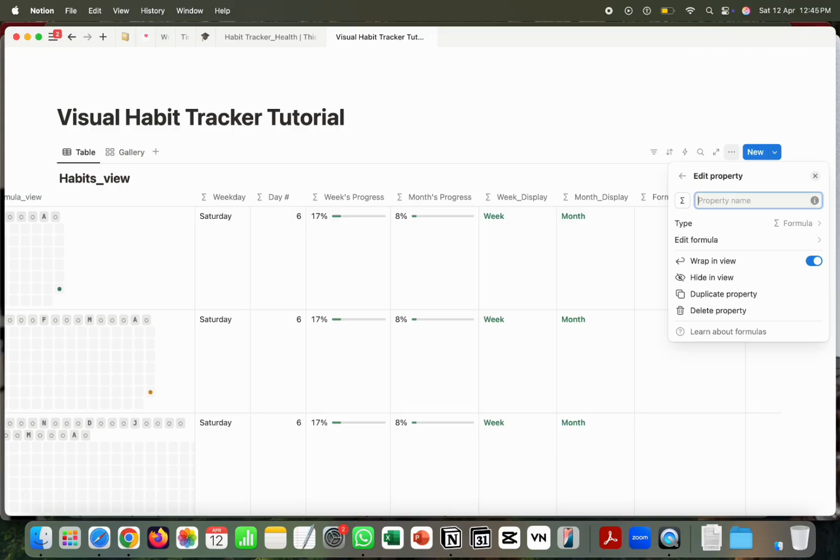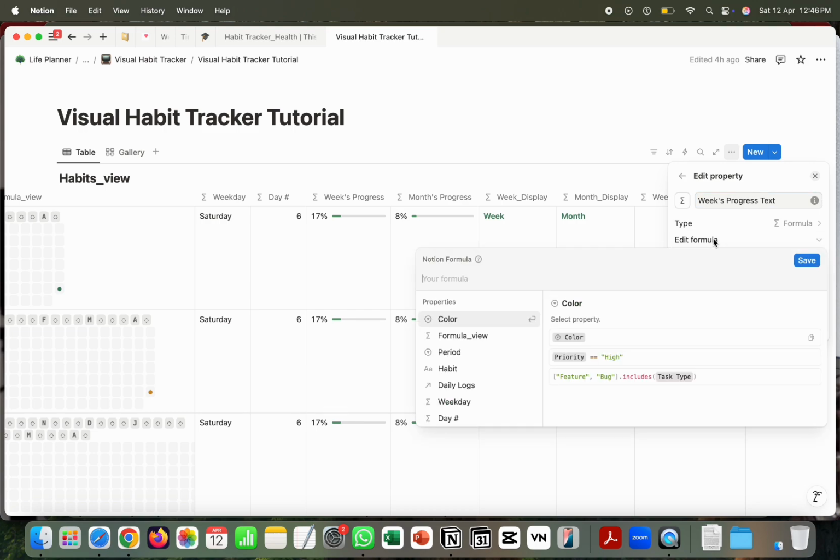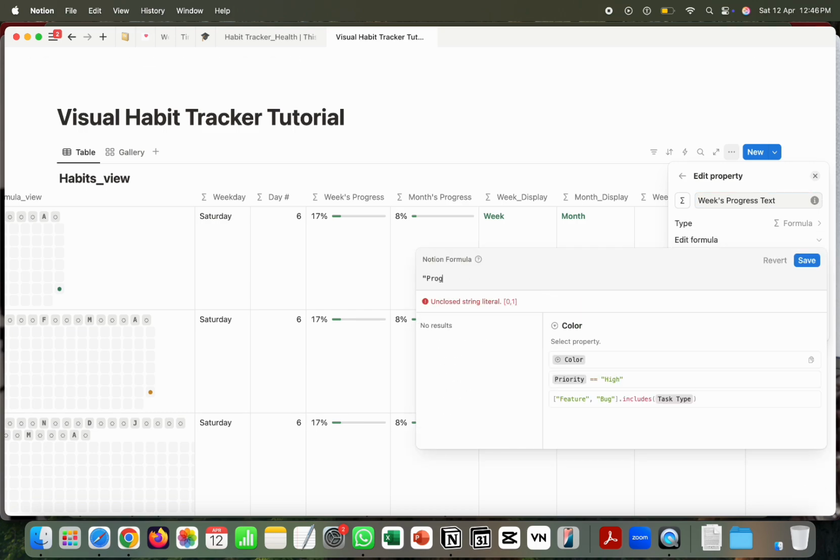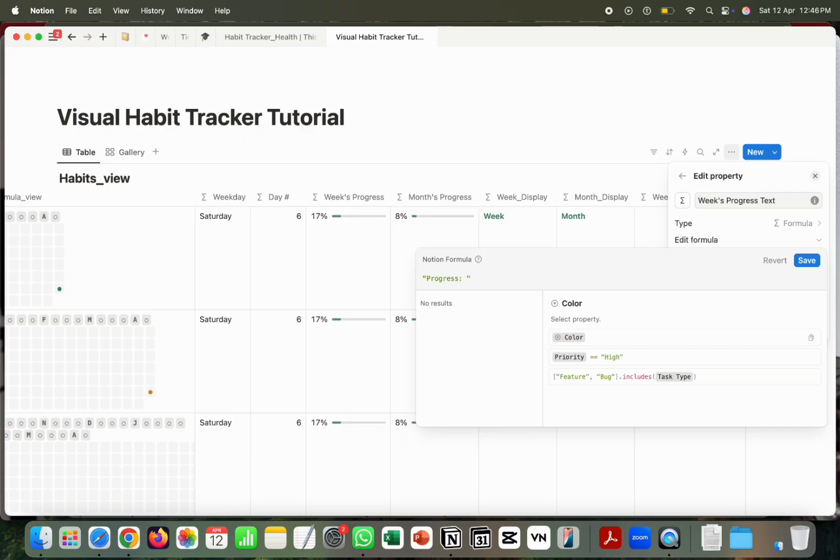How do we call this? Week's progress text. And then you type in quotation marks progress colon, a free space and another quotation mark